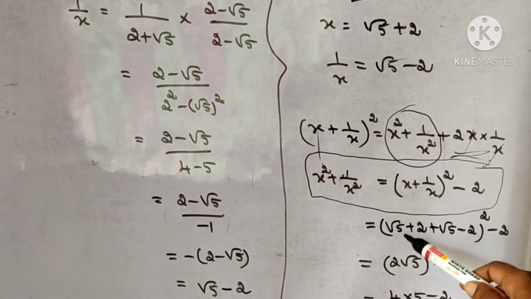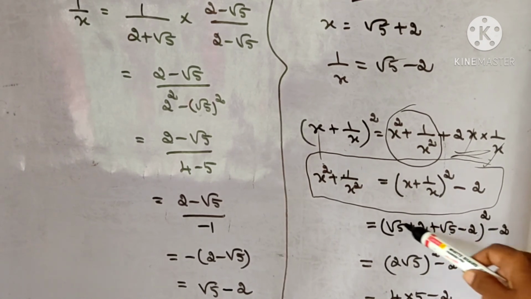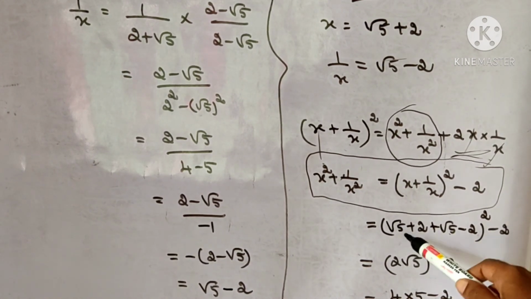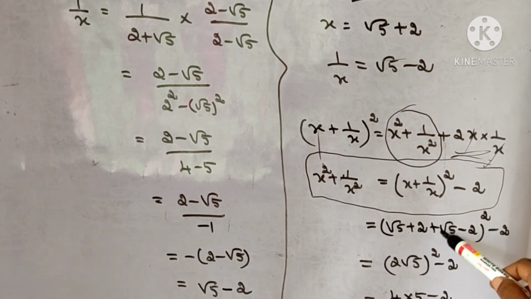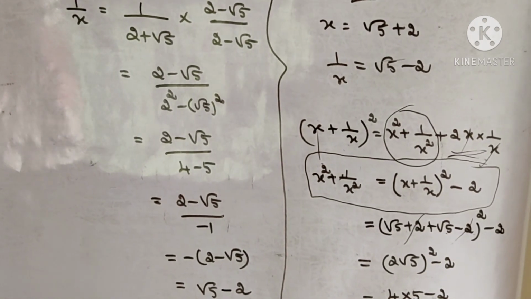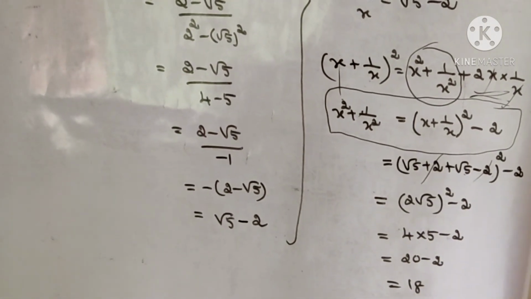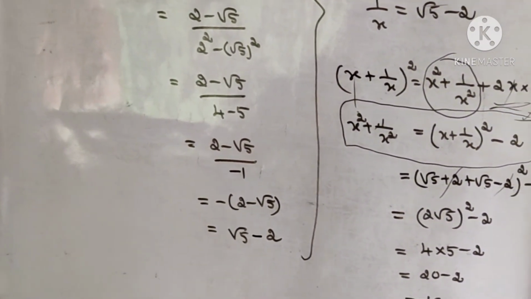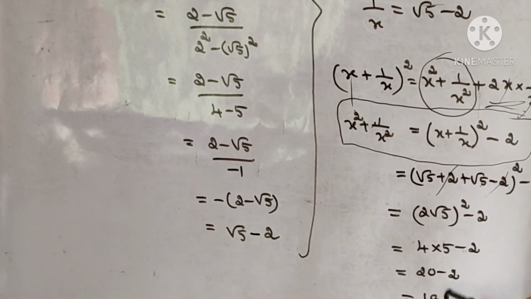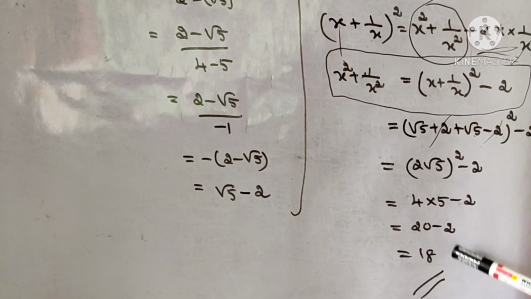Listen, we know the value x is √5 + 2 and 1/x is √5 − 2. So (x + 1/x)² is, write the term, the whole square minus 2. And √5 + √5, we get 2 times √5. Here 2 and −2 cancelled. So what is the value of (2√5)²? 4 into (√5)², which is 5. So 4 into 5 minus 2. 5 fours are 20. 20 minus 2, 18. So the answer of this question is 18.